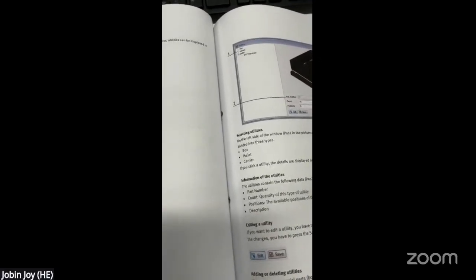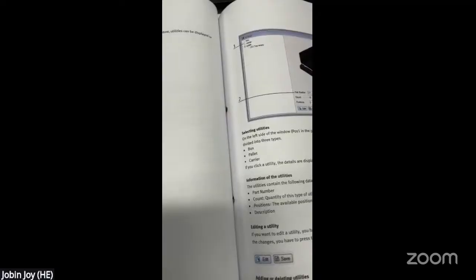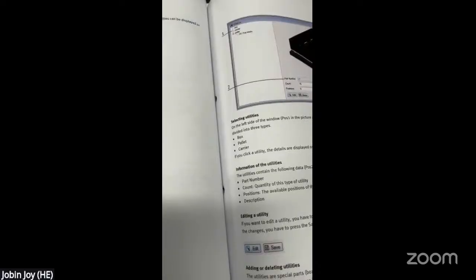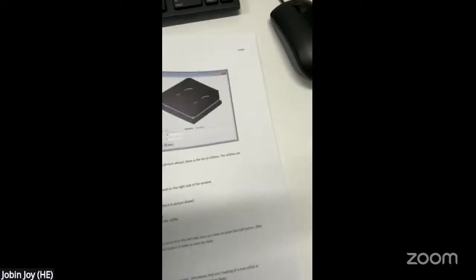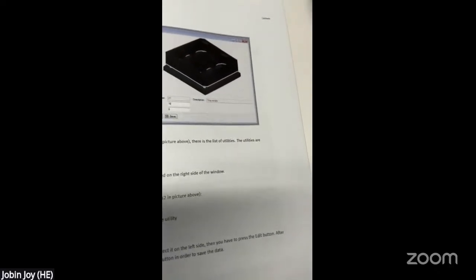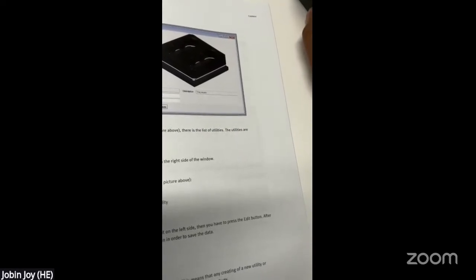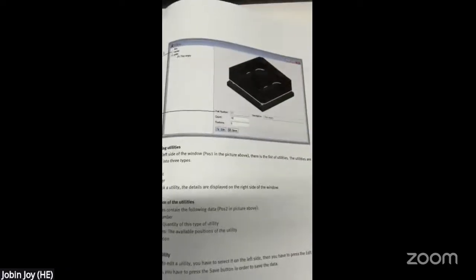The next one will be the utilities window. Utilities means the related things we will be using in the factory, for example, box, carrier, pallet, etc. In this case, PCB box, cover box, turn part box, then carrier, pallet, etc. Then we have a